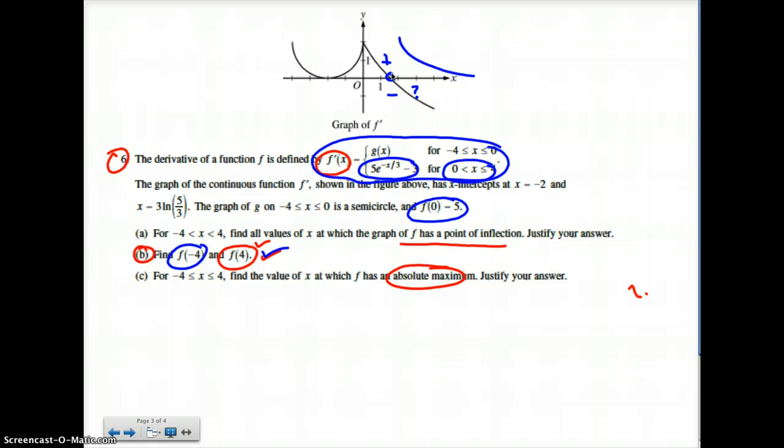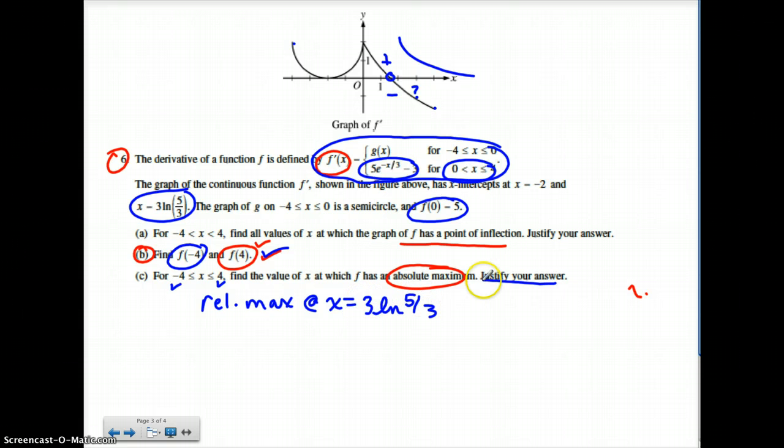And again, this is called a candidate analysis when I'm considering this, and then also the endpoints. It's not necessary really to evaluate it at negative 4 and 4 for this one, and let me show you why when you have a graph like that. But first of all, they gave me what that x value was there. So first of all, under consideration, I would say there's a relative, for sure, maximum right here. So I'm going to write this, relative max at x equals 3 times the natural log of 5/3,